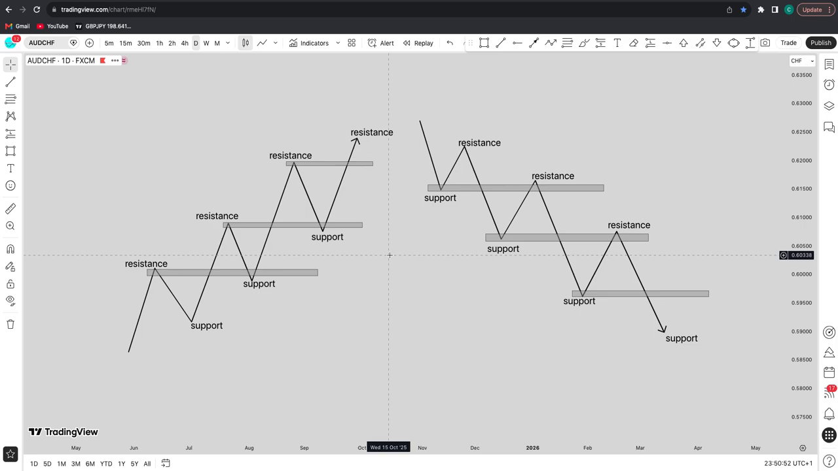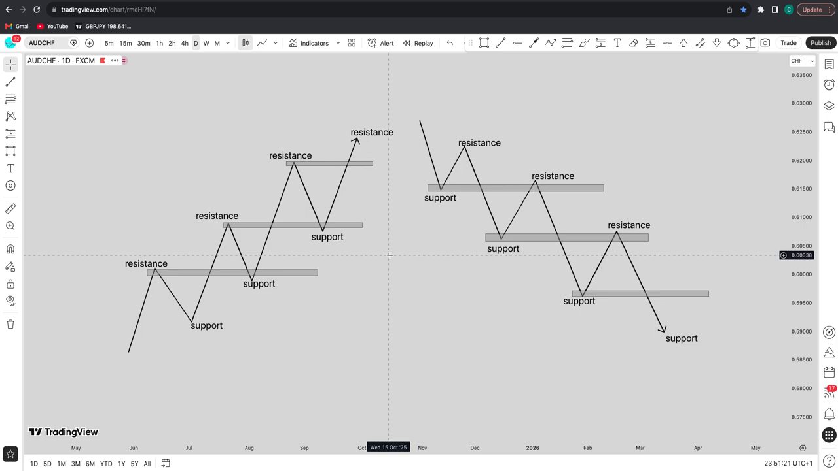With the aid of support and resistance, we can set stop loss and take profit levels, and also identify possible breakouts. Now, what do we mean by breakout? When price moves strongly beyond these levels of support and resistance, we tend to get a breakout. A break above resistance is often considered a bullish signal, while a break below support is often considered a